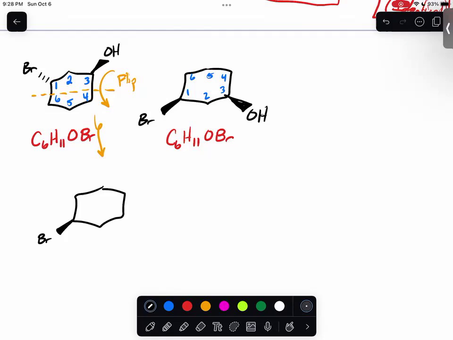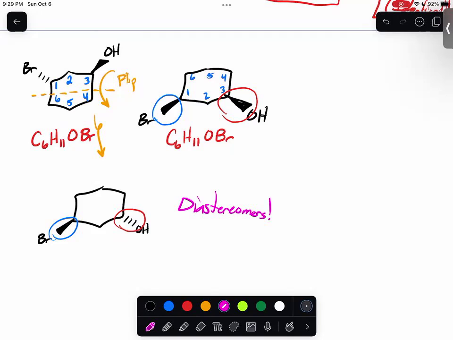And the OH that was pointing towards the front is now rotated, and it is now on the dash pointing towards the back. Now, looking at this, it's pretty obvious, right? Because now the bromine and the OH are in the same spot, and we can see just by a visual comparison that both of the bromines are on wedges, but the oxygens are different. So in this case, I would say that some, but not all of the stereocenters are different, which means that these are diastereomers,